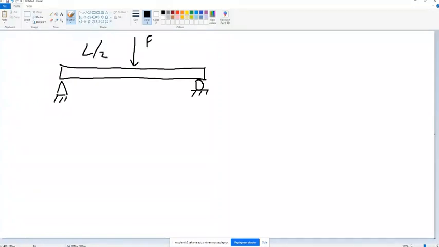This is a classical bending problem. L over 2, L over 2. The total length is L. And we have got a force of F. So we will get F over 2, F over 2 here,